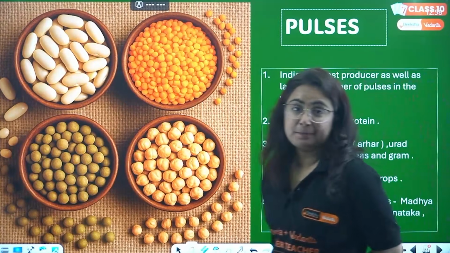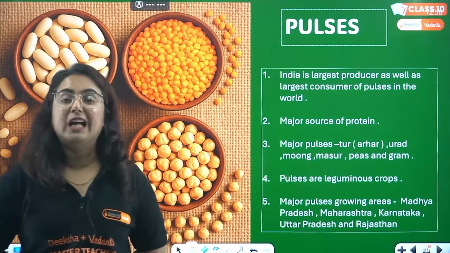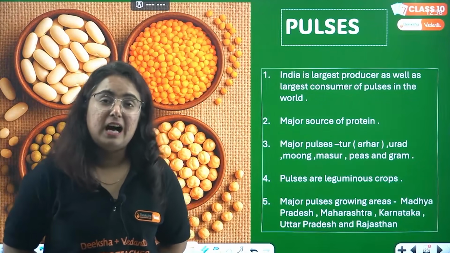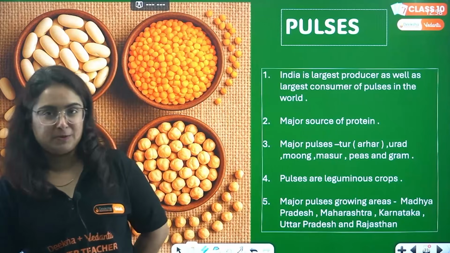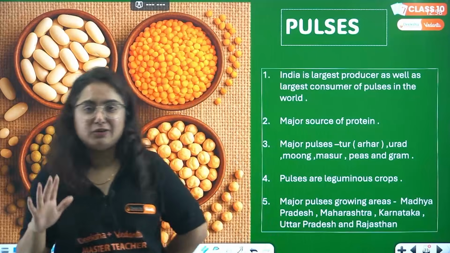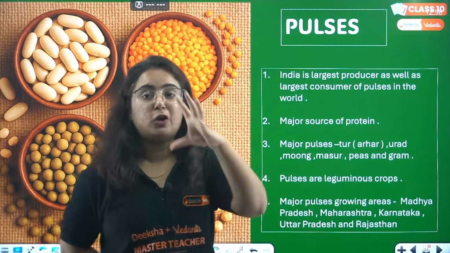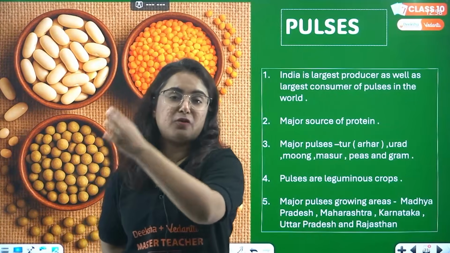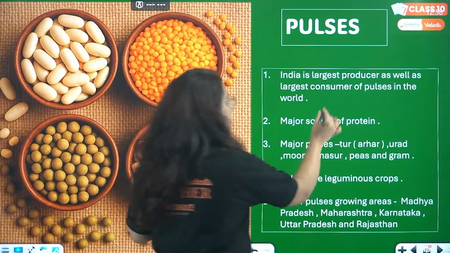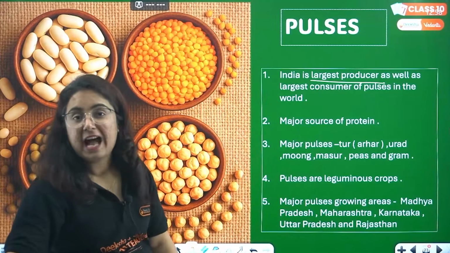Moving to pulses. An item without which a diet, or food, is impossible. Why does everyone like to eat dal chawal? Everyone here in South India likes to eat sambar, and it can only be made with the help of pulses. There are a lot of different varieties of pulses grown in India, and India is the largest producer of pulses in the world. What do we have the tag for?